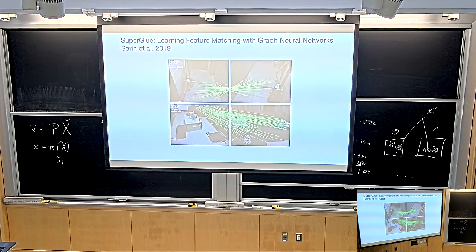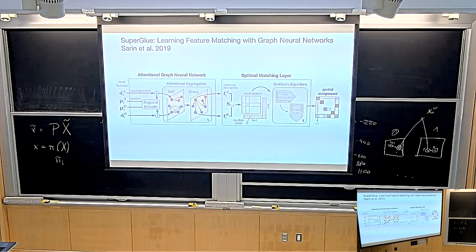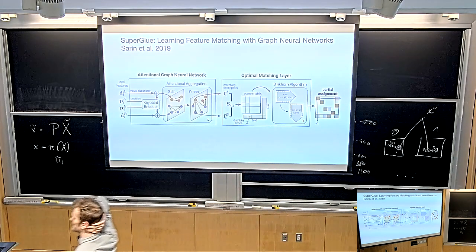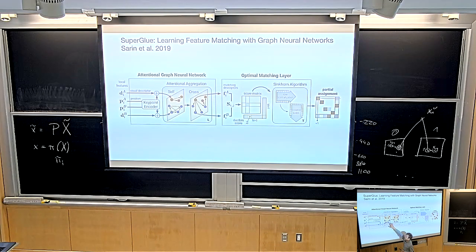And now I think in COLMAP you can set a flag that says use SuperGLUE, and then sometimes it works better, and sometimes it works worse. But this is a cool little paper. It's a paper from 2019, and it's pretty cute. You can imagine that it's fairly involved. They have graph neural networks in there because the correspondences are a discrete set of points and whatnot, but they do a whole thing. You can take a look.